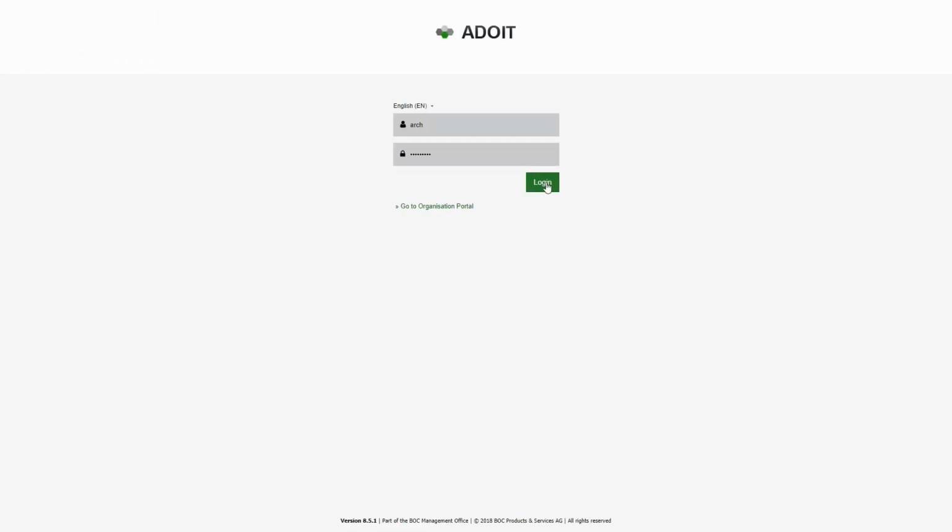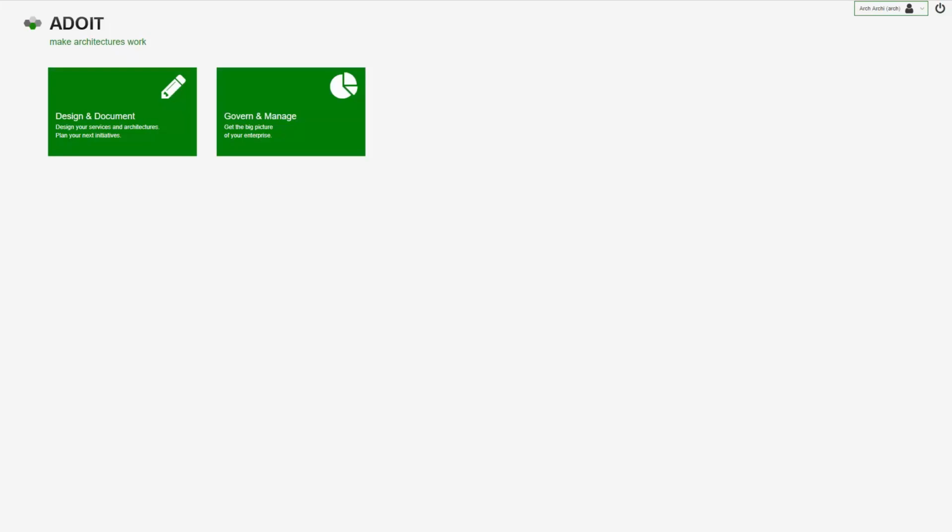I'm going to log in here as the architect. It's a full role-based approach within ADOIT, so depending on what role you have and what responsibilities you have, the user experience within ADOIT will match what you need to perform on a daily basis. In this scenario, we just have two scenarios active. The additional one for control and release, the release workflow for ADOIT, is not part of this demo environment. So we're just going to use the design and documents scenario today,